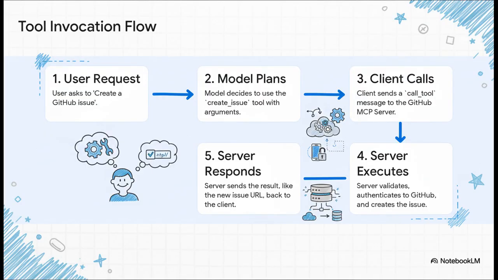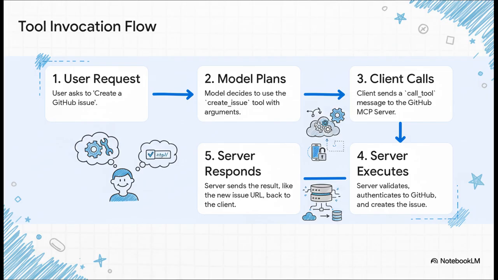Imagine a user types "create a GitHub issue." The client gets that, knows it can't do it alone, so it passes it to the brains, the model. The model thinks for a second and says, "Aha, I need the create issue tool, and here's the title and body for it." The client then packages that up into a nice structured message and sends it to the GitHub